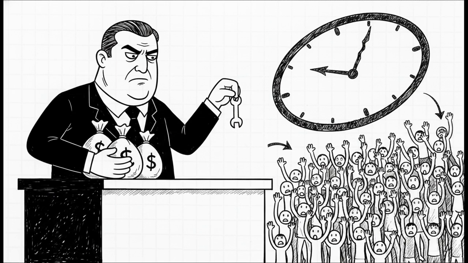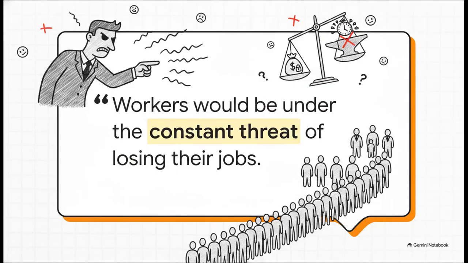Because workers are competing just to survive, employers are in a position to offer much lower wages and demand significantly longer hours. It breeds an environment of sheer oppression. Employers can and often do weaponize this desperation. The constant threat of losing a job becomes a very effective tool to exploit the workforce. When everyone knows there's a line of unemployed people out the door just waiting to take their place, the actively employed worker loses all their bargaining power. They can't ask for a raise, they can't push back on unsafe conditions, and they certainly can't refuse unreasonable hours. The idle workforce effectively becomes a club used to suppress the rights and wages of the active workforce.